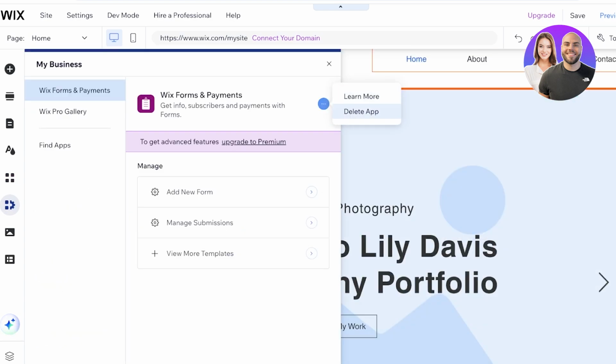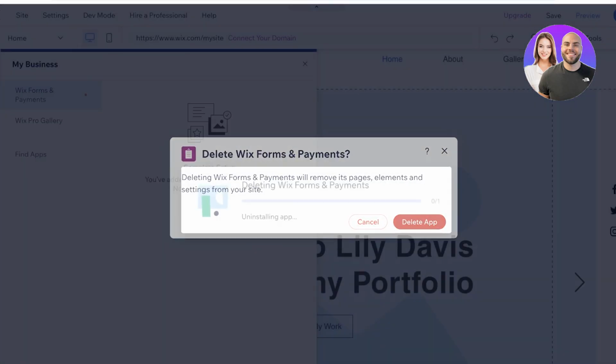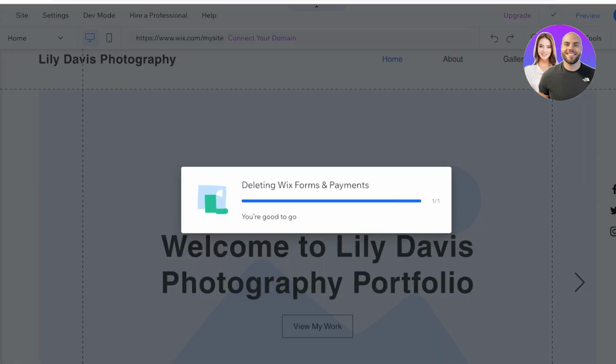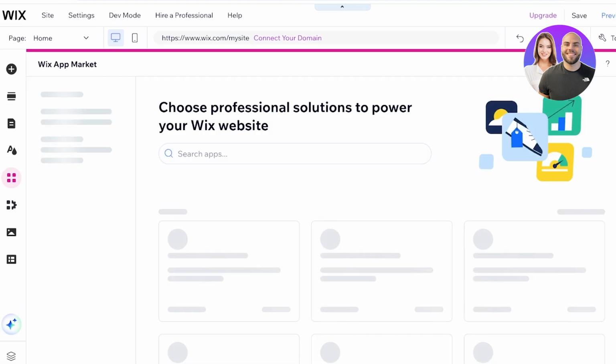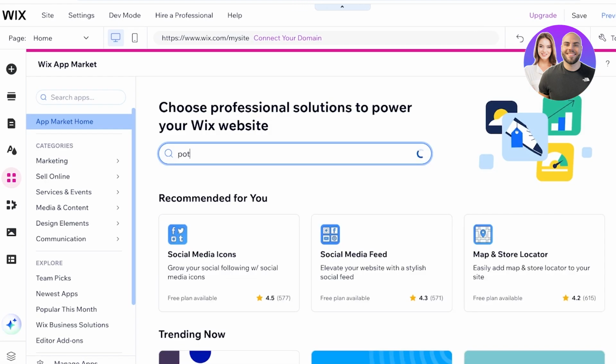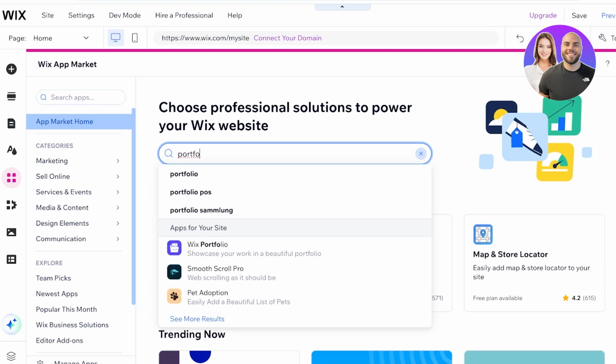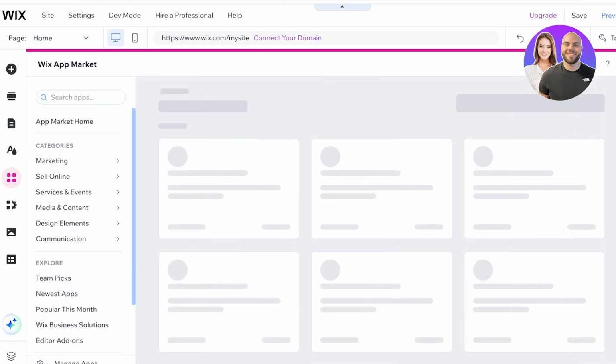This is not relevant to me, so I can delete it. If I want, I can include applications that are for bookings. This is up to your personal preferences. Now I'm going to go over here, and there isn't exactly a portfolio application that is going to improve your